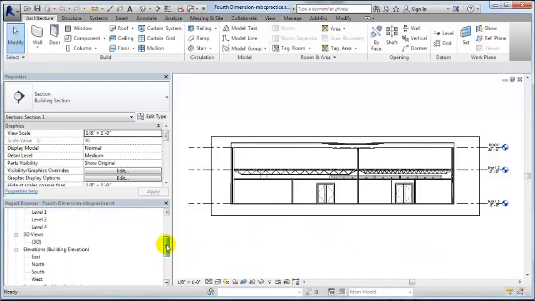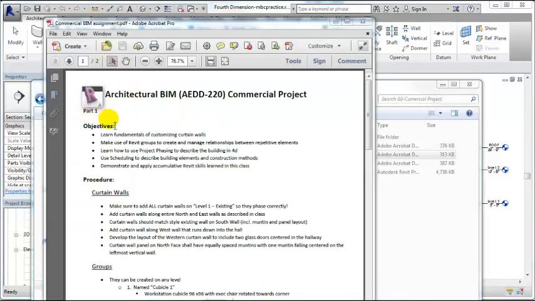All right, what we're going to do with the rest of this project is set up the phases, the demo phase, the new phase, and the existing phases. And we're going to be setting up sheets to correspond with that. Our layouts are going to match the layouts from your handout. The handout part 1 is